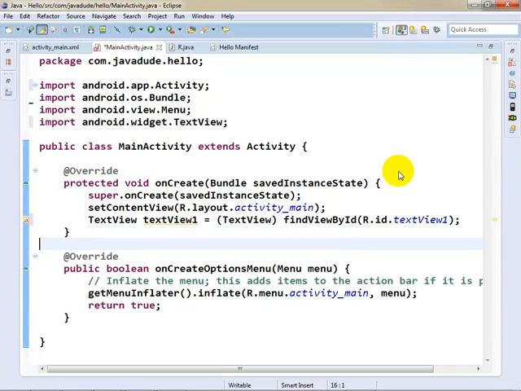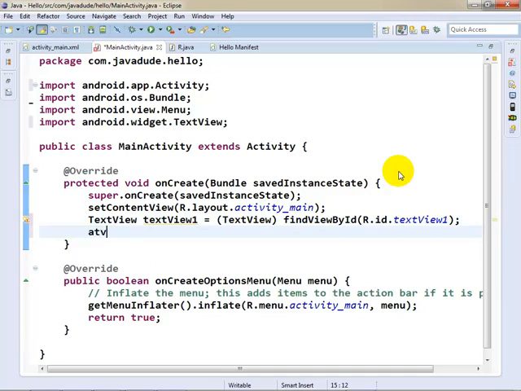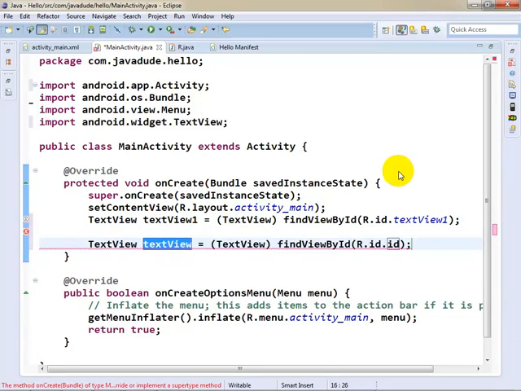Now I set up a little macro in Eclipse to make that a little easier to do, so I don't have to type quite as much. So I say ATV for Android text view, and then I can say here text view 2 and go over here